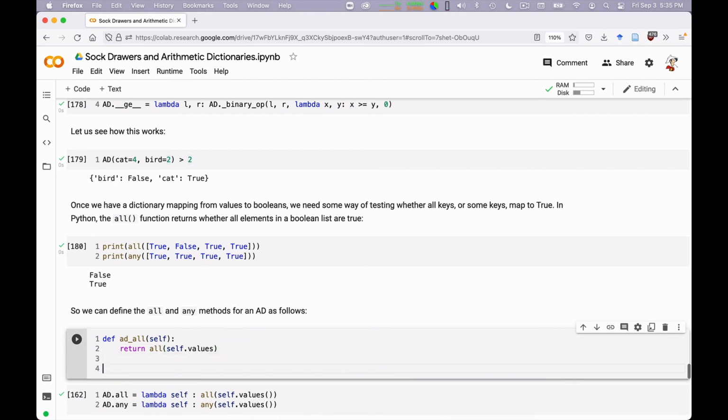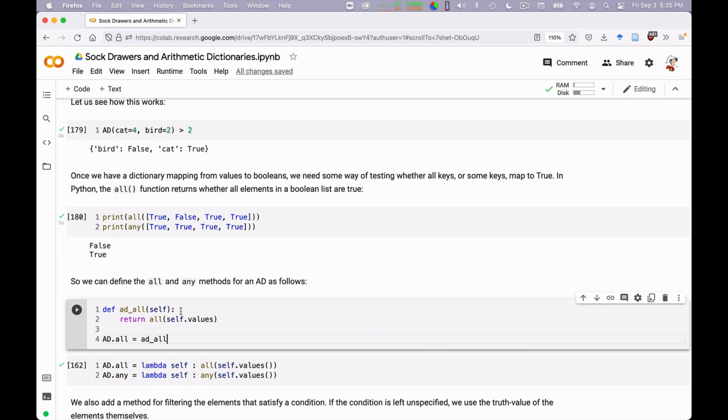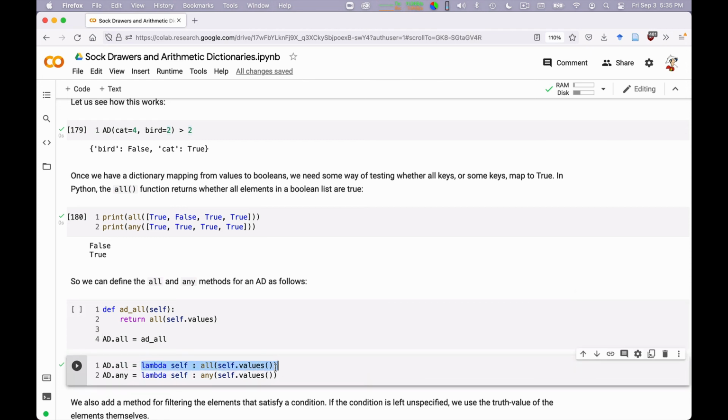And then I would have had to say ad.all is equal to ad_all. Okay, this would be the normal way of doing it. But using the fact that I can use the lambda notation, I can write it in this super abbreviated way, because I can say ad.all is equal to a method that takes a self and returns all of self.values. It does the same, it just does it in a one-liner. Okay?